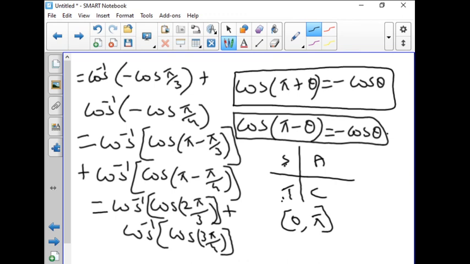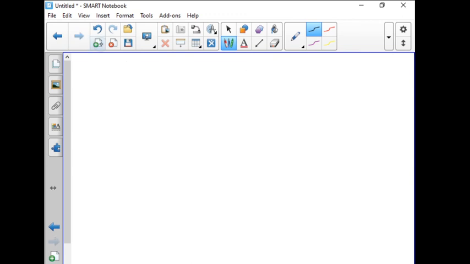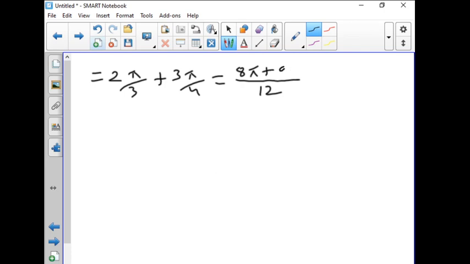Okay, so now this is equal to 2 pi by 3 plus 3 pi by 4. So, taking LCM, 12 is LCM. So, 3 goes 4 times. So, 8 pi plus 4 goes 3 times, 9 pi, which is equal to 17 pi by 12. Okay. So, both the exercises are similar, and the next exercise we will be learning about tangent function. Okay, that is tan and its inverse we will be learning.